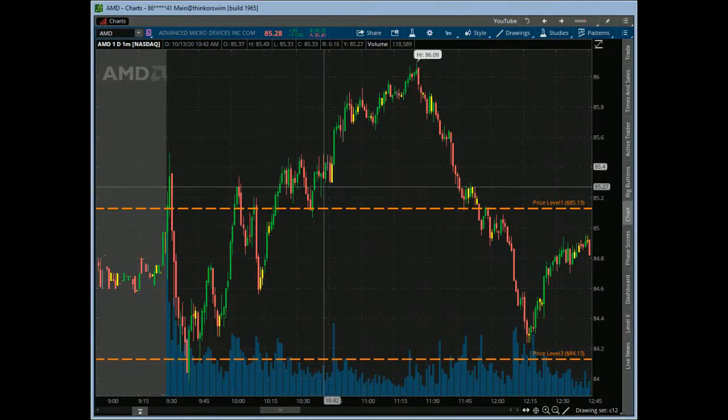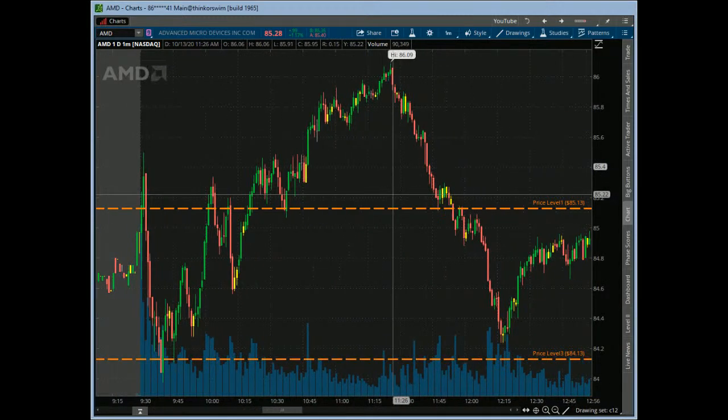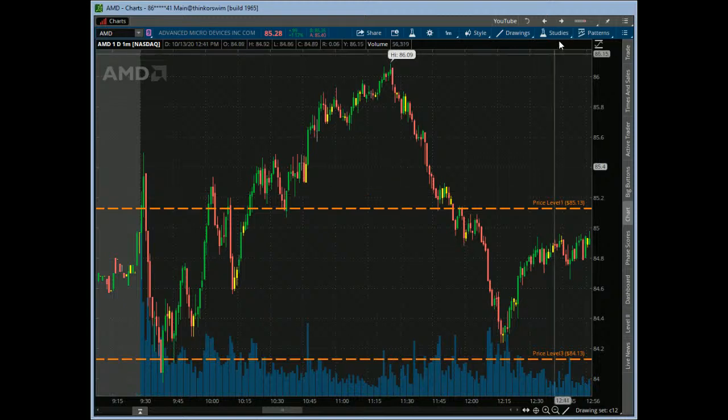So there's a couple ways to look at this reversal right here. We're going to combine a couple different things. We're going to add our RSI studies. We're going to look for bearish divergence, right? So if we're expecting a reversal back down, if we're losing momentum right here, right? On this way up we had declining volume. That's a little bit concerning, that the breakout might be wearing out, right? So let's pull up the RSI here